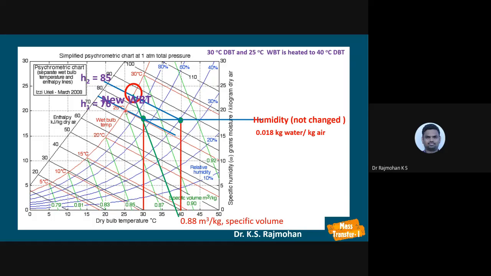This is 25 degree, this is 30, right? So half of it will come somewhere here. So it is less than 27.5. So you can take some value less than 27.5. Okay, then what is the new relative humidity? So this line is 30, this line is 40. So it is almost close to 40. So this one less than 40, you can take it to be 39% relative humidity. Okay,